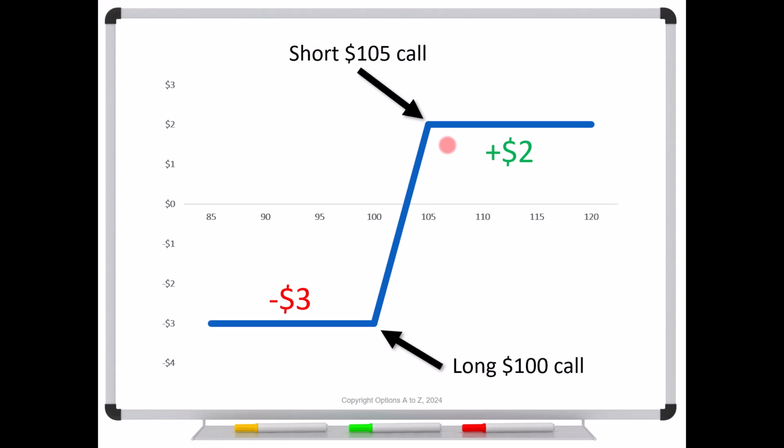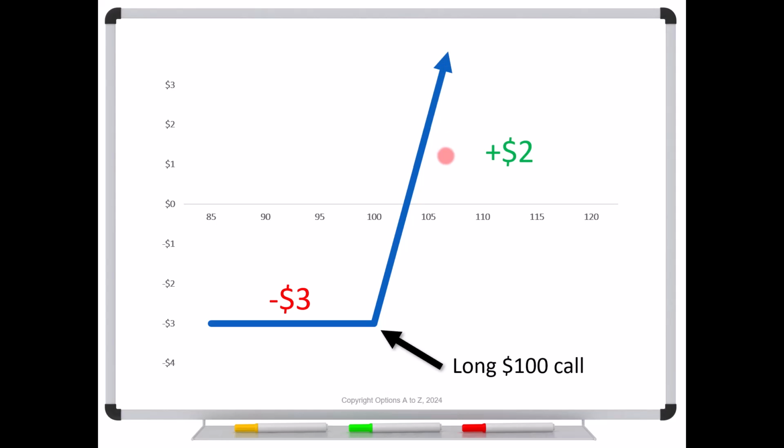But we do have another choice. We don't have to sell off the tail. I could just buy the 100 call, and then I would get this for a risk graph. I would have unlimited gains. And in this case, I am buying the tail. Now, of course, that's going to alter the cost. It's not going to cost us 3 if we want the 100 call alone. So as that previous slide shows, it's actually going to increase the cost to 10.